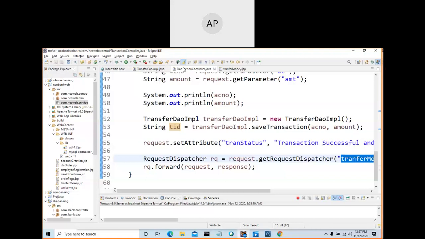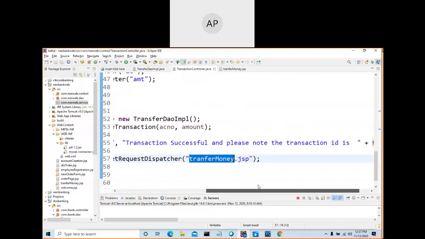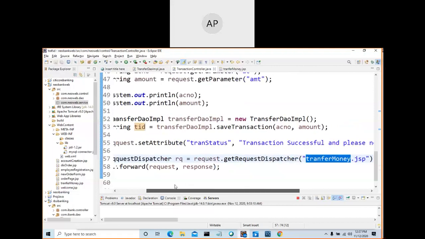Your servlet will contain the logic to extract the value that comes from the browser, decide which page to show next, and call the DAO or service. Now we don't have any business logic, so I am directly calling the DAO class. Ideally, the servlet calls the service class, and the service class calls the DAO class.